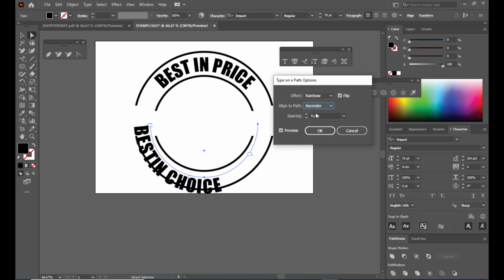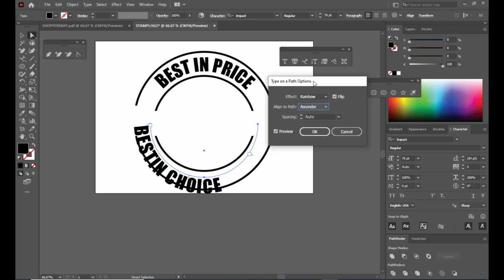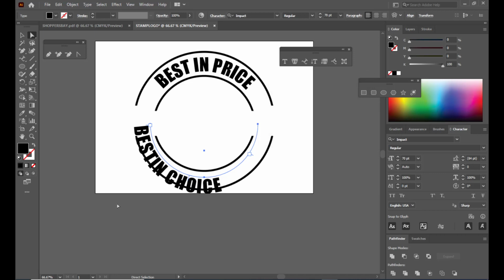Okay, now this looks better, and we will click OK, and then we will select the type on a path tool again, and we will create some spacing here, right? And then we will use the direct selection tool, and move the text and place it properly. So we can adjust it, just spend some time and adjust it. Just we can move it,